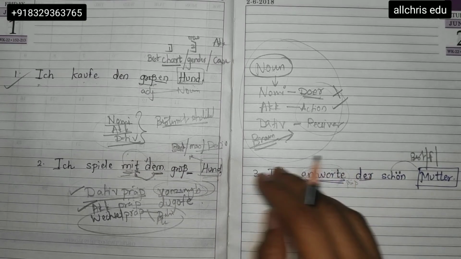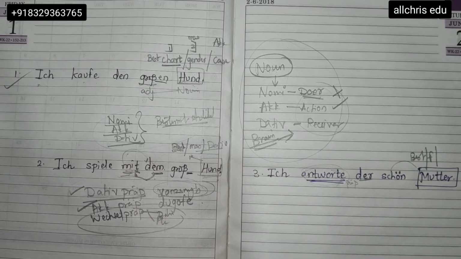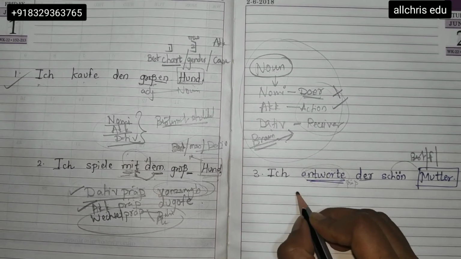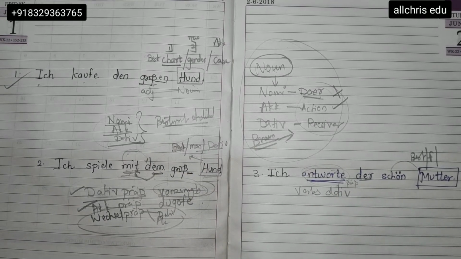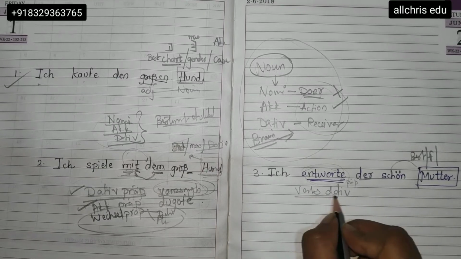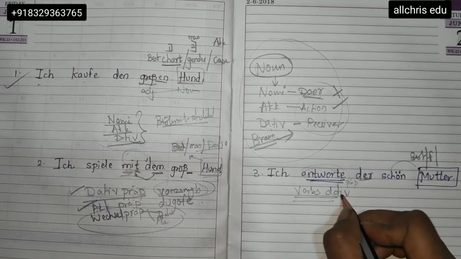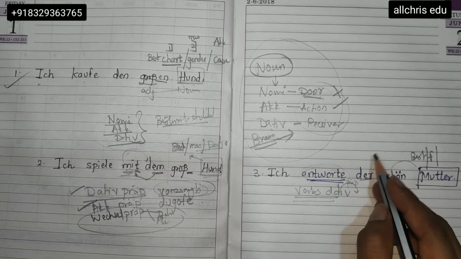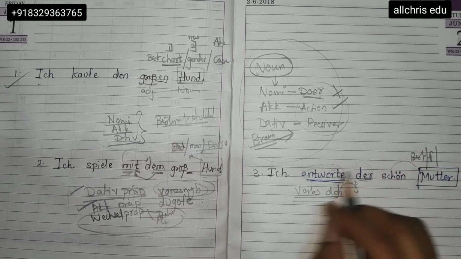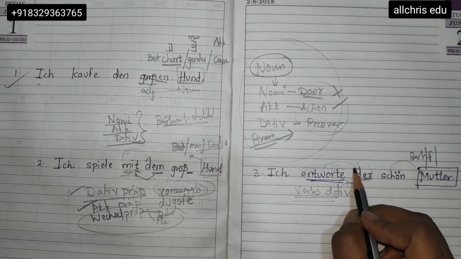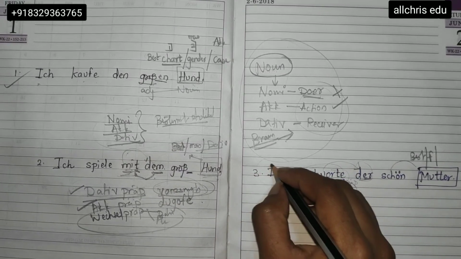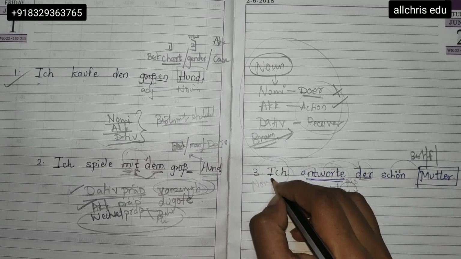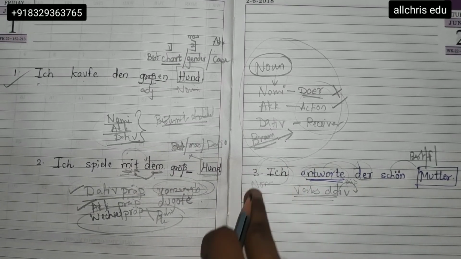Now this verb, when I say I am answering my mother, it looks as if it is an accusative sentence, but it is not, students. There are a few verbs which we call dative verbs. I am going to show you the list now. ये verbs जब भी आते हैं, तो इनके बाद जो भी आर्टिकल होता है वो जनरली dative होता है, whoever is associated with that verb. Before that of course the doer, I am answering, is nominative because whoever is a doer is nominative.